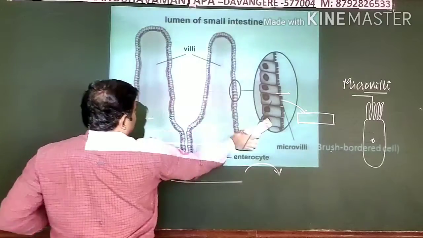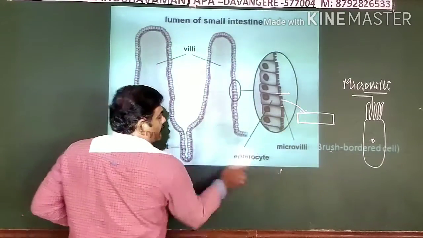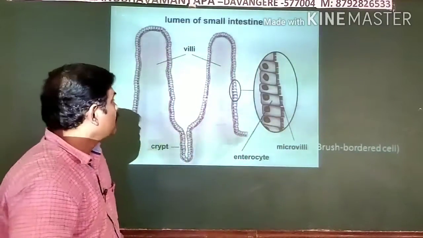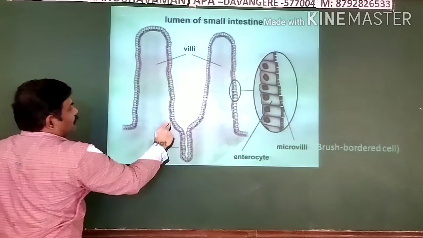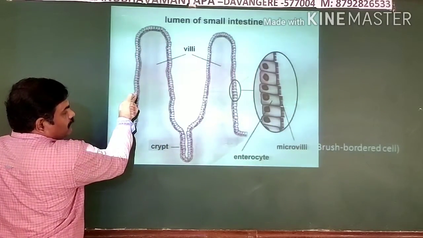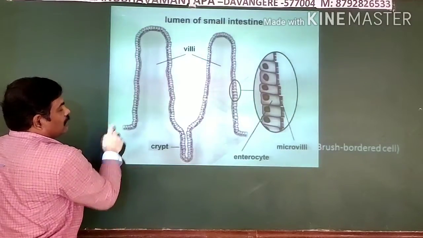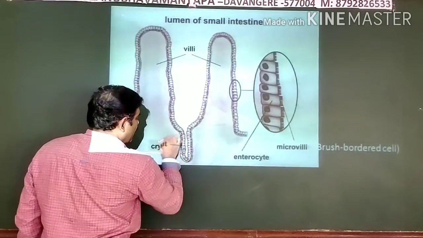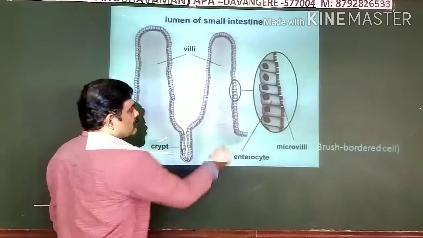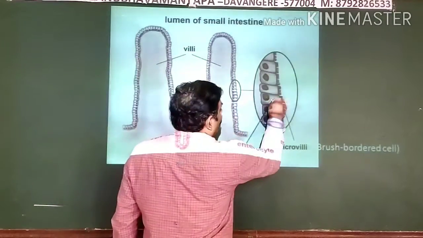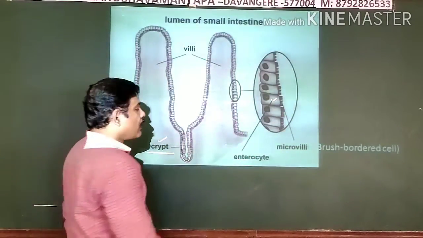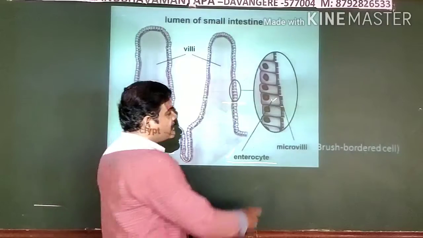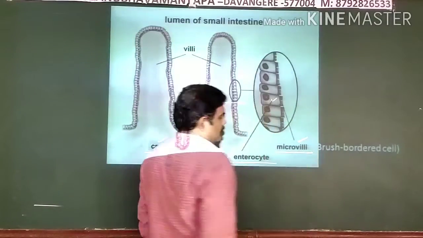See this one, it is the structure, you can see very clearly, of a villus. So this is the villus, right? And here is the outermost layer of this villus, which we call the brush border outline. Then in between the villi you can see a depression which we call crypts. This outermost layer is made up of columnar epithelium, with cells which we call enterocytes. At their free surface, as I said, microvilli are present.